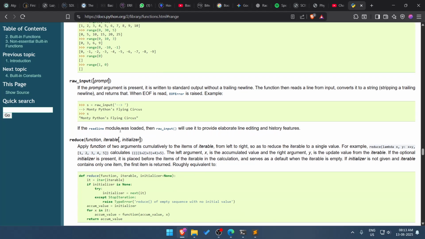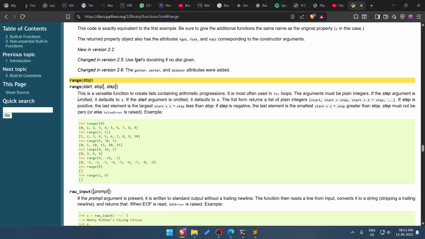Reduce, sorry, this is range. What does this mean? Do you have an example of that?